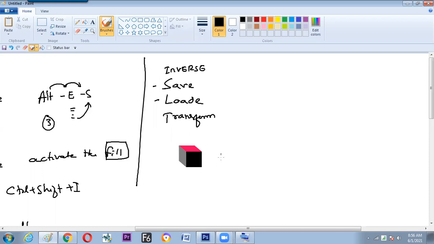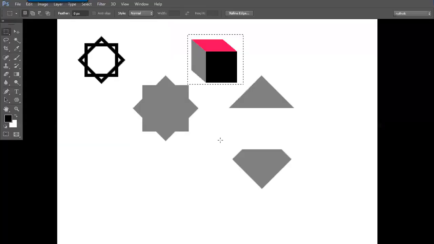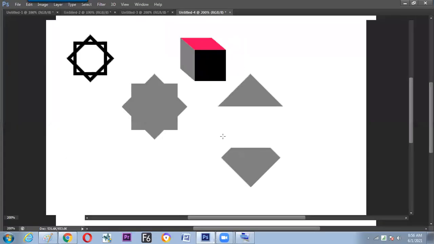So task 5, make a 3D structure. Anything. It may be cube, it may be box, it may be any form. But yes, use the rectangle tool, mark it and get it done. Hope this much is okay.